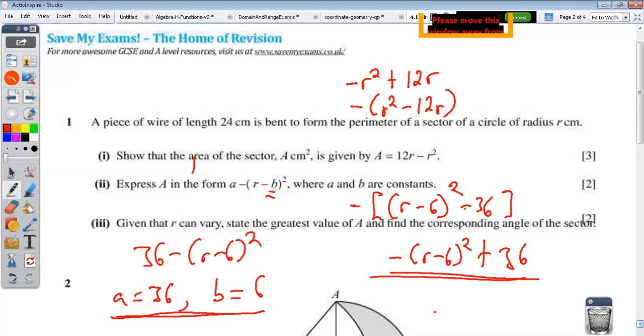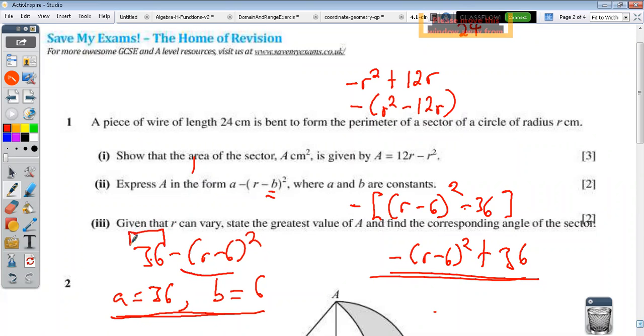Now, given that R can vary, state the greatest value of the area. Greatest value of the area. Okay, r minus 6 squared minus 36, and find the corresponding angle. So what will be the greatest value for your area? Find the greatest value of area, 36 minus. So you're subtracting 36 minus something. Clear? Which means what's your greatest value